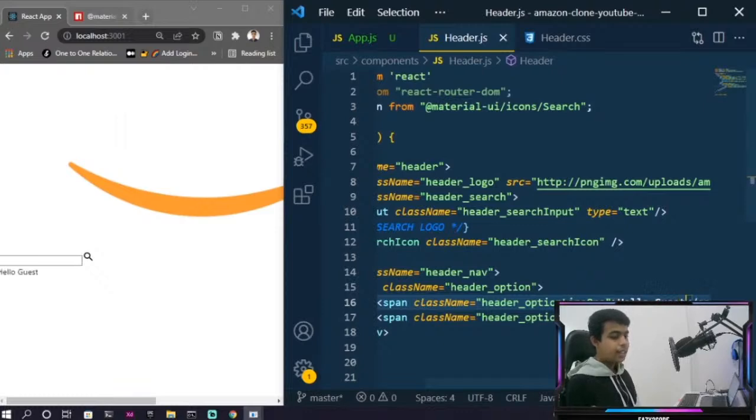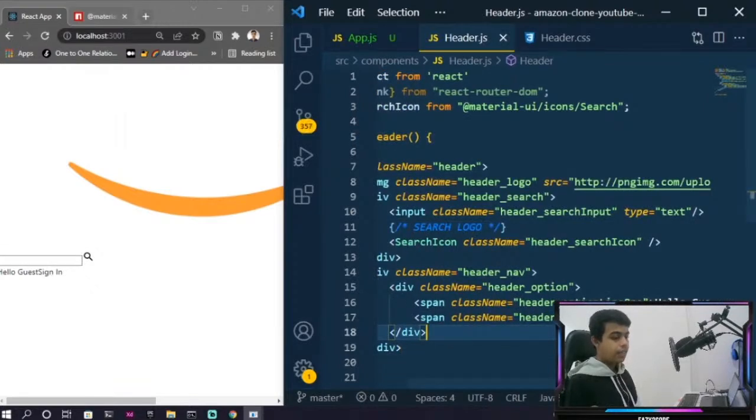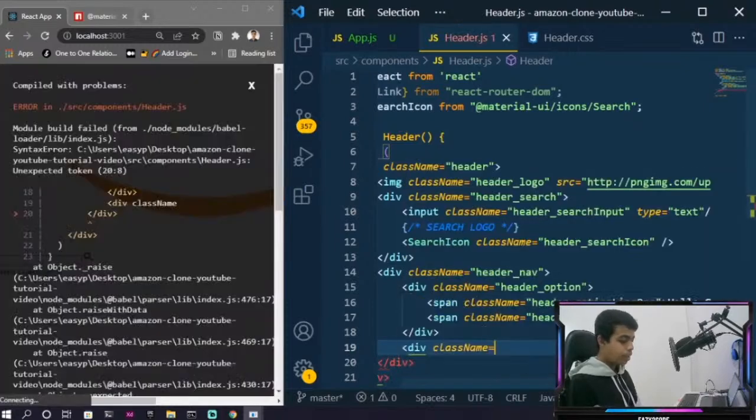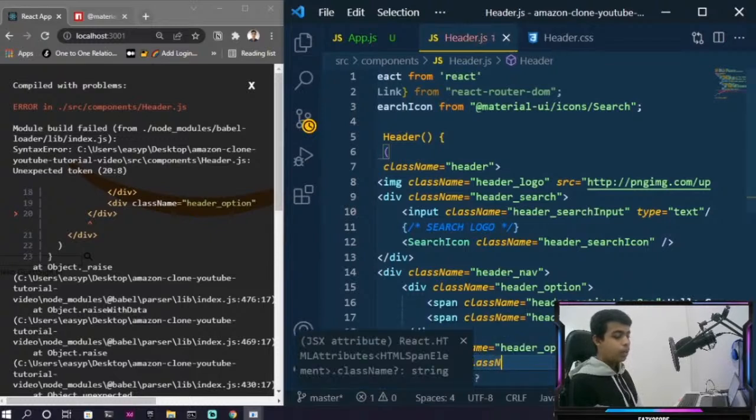And in the second span tag, I would like to display the sign in text. Great. And after this header option div ends, I'm going to create a second header option div. So let me create a div which is going to be having a class name of header_option. Just go with it, and inside that we're going to be having a span tag with the same class name